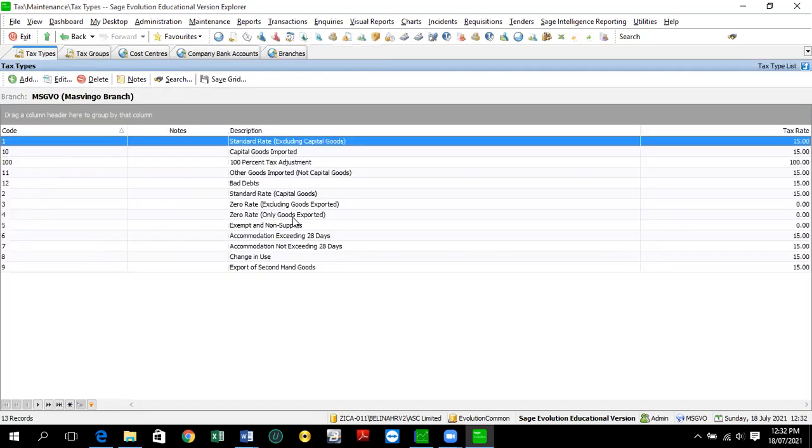Again, on the tax types, in this evolution the tax types are there. You can see how many of them we have: 1, 2, 3, 4, 5, 6, 8, 10, 12. We've got about 13 tax types. But what you need to know is what we have